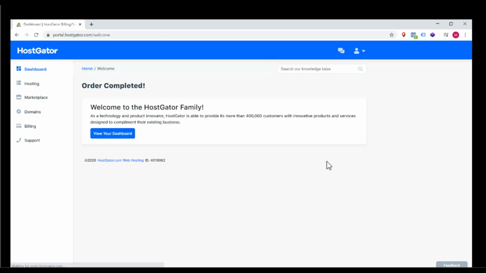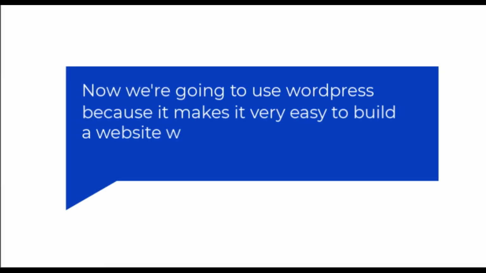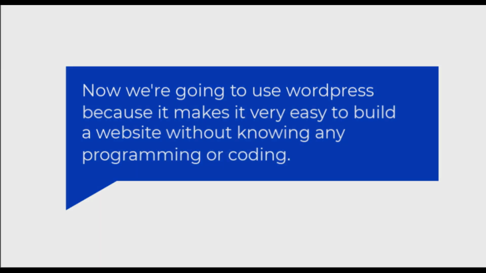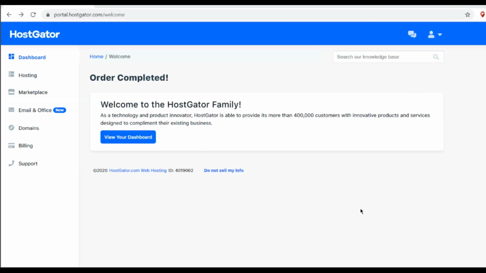Okay, now we have completed the payment and we have got our hosting and domain. Now let's go to step 3, which is to install WordPress. Now we are going to use WordPress because it makes it very easy to build a website without knowing any programming or coding. So to install WordPress, just go to here